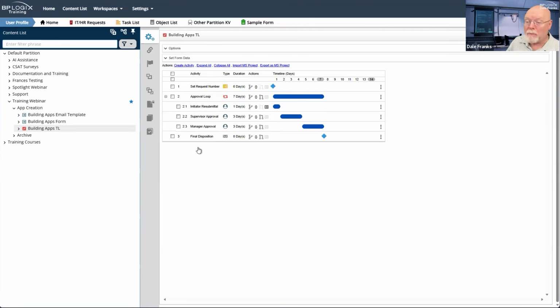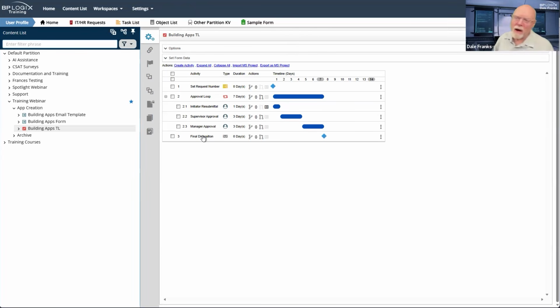Now, it might be that rather than just sending a final disposition email, you would want to assign a task to them, and then they would open up the task, and via the form, acknowledge that the activity was approved or denied or whatever it might have been. So that is also a possibility.